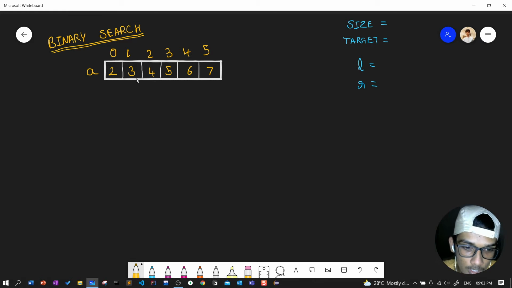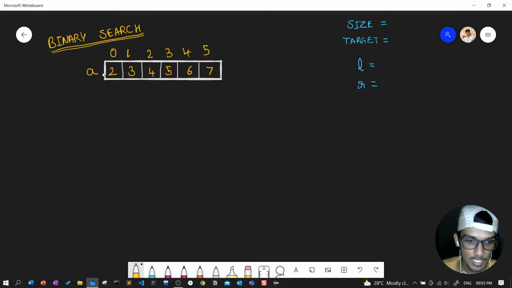We need to sort before searching for an element in an array. So binary search only works if the array is sorted. That's a very simple explanation which I can give.